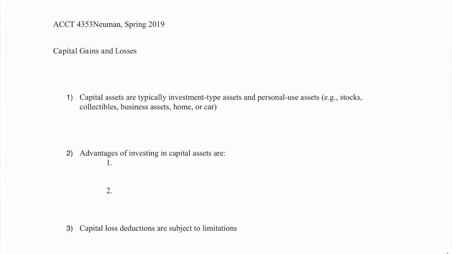All right, another type would be capital gains and losses. So we've talked about this quite a bit so far, but capital assets are the investment type assets and personal use assets like stocks, collectibles, business assets, home, or car. The advantages of investing in capital assets are, first, the gains are deferred